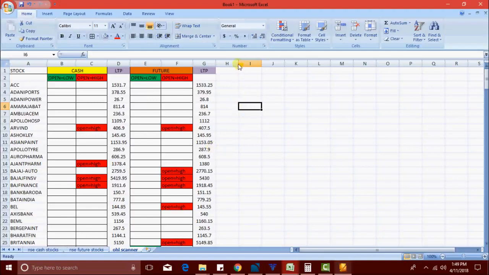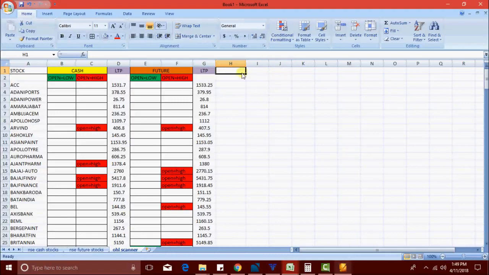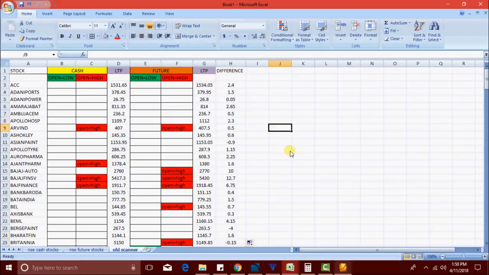So at a time we can analyze the price difference between cash and future contracts. In another column, I'm going to check the difference. See, these are the differences between cash and future price.